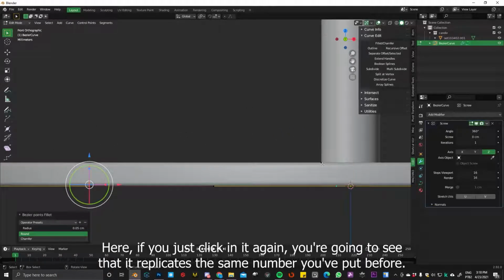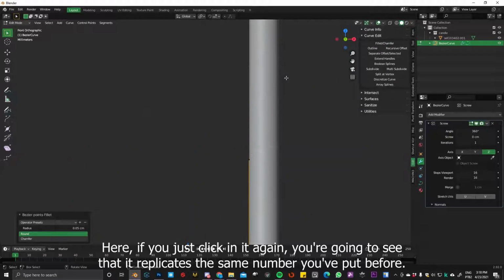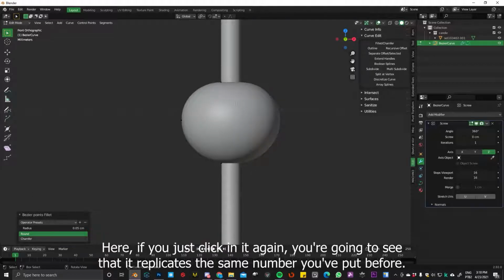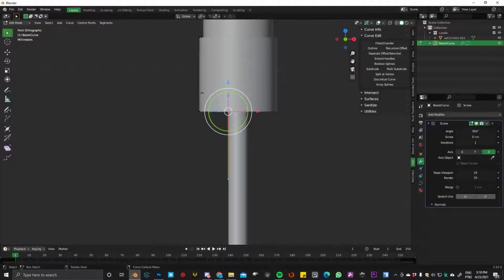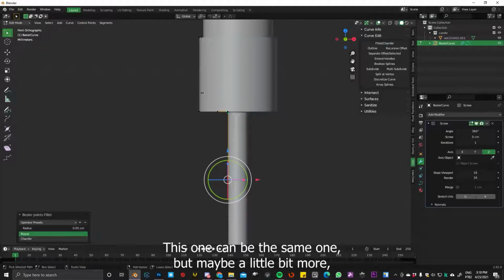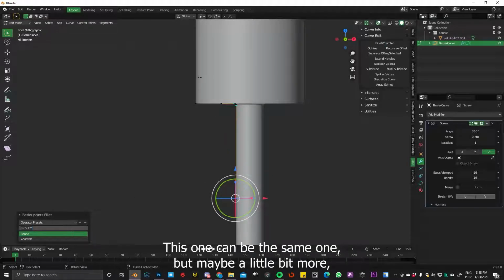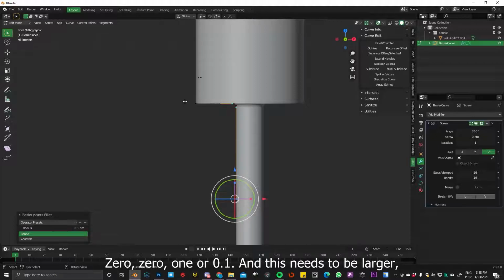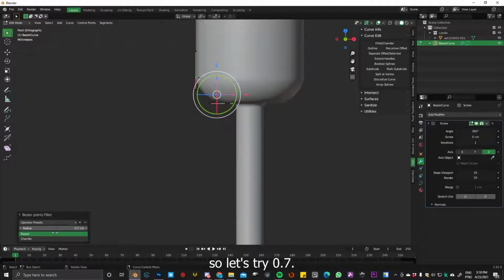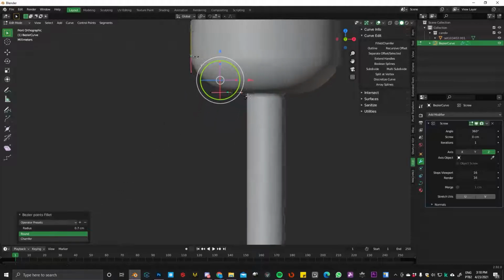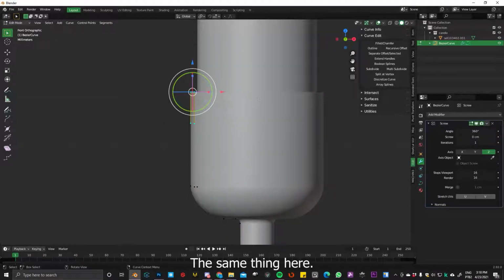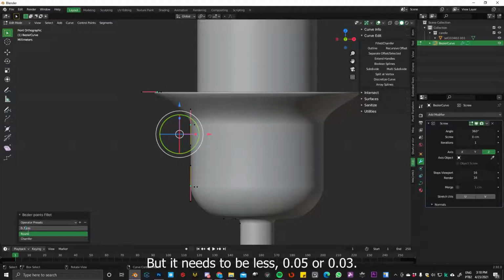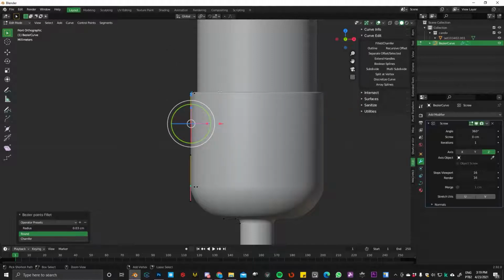If you click it again, you're going to see that it replicates the same number you put before. This one can be the same, but maybe a little bit more, 0.1 actually, and this needs to be larger, so let's try 0.7. Same thing here, but it needs to be less, 0.03.